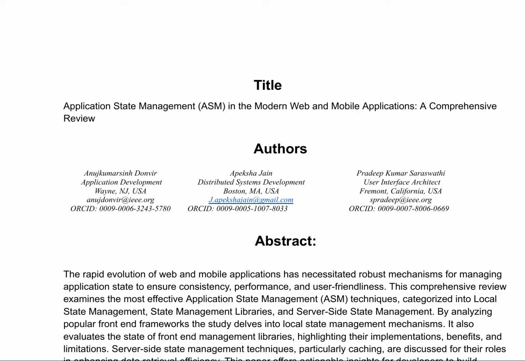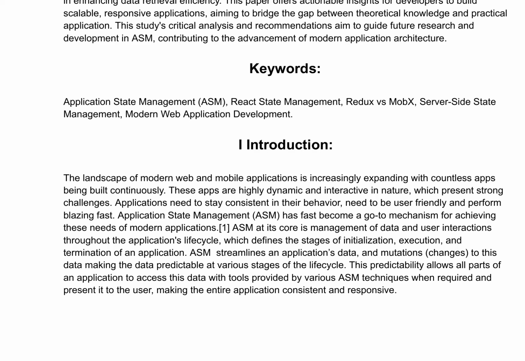It evaluates the state of front-end management libraries, highlighting their implementations, benefits, and limitations. Server-side state management techniques, particularly caching, are discussed for their roles in enhancing data retrieval efficiency. The review aims to provide actionable insights for developers to build scalable, responsive applications, bridging the gap between theoretical knowledge and practical application. The study's critical analysis and recommendations guide future research and development in ASM, contributing to the advancement